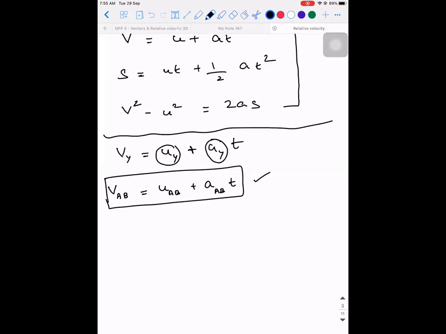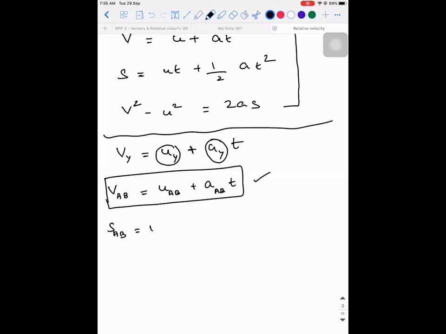So what is the meaning of this, guys? The relative velocity of A with respect to B: the final relative velocity of A with respect to B is equal to the initial relative velocity of A with respect to B plus the acceleration of A with respect to B into t. Are you guys able to understand this? Similarly, SAB will be equal to,